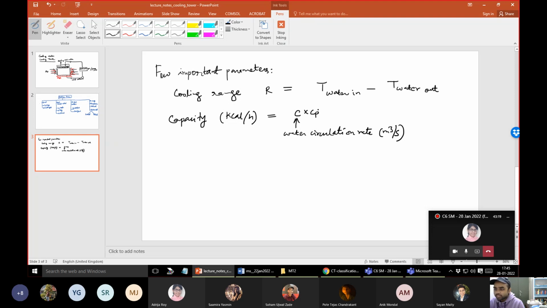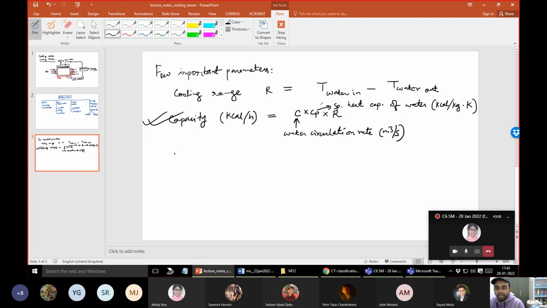So Cp is the specific heat capacity of water in terms of kilocalorie per kg Kelvin. And multiplied with the cooling range. Right, so this determines the capacity of the cooling tower, and you can clearly see that the cooling range plays